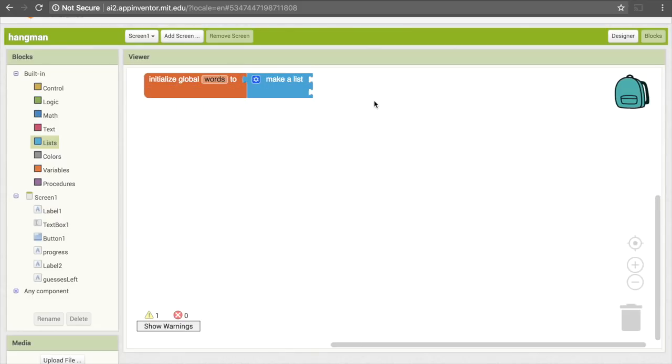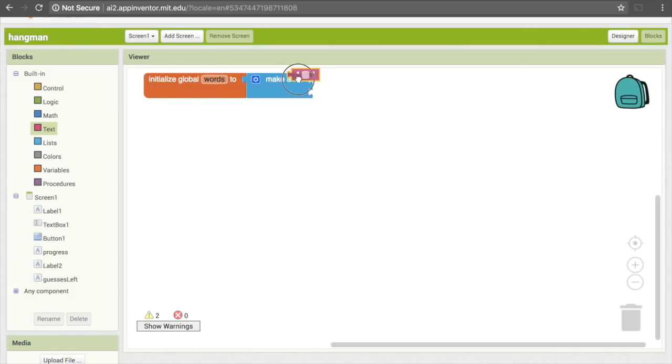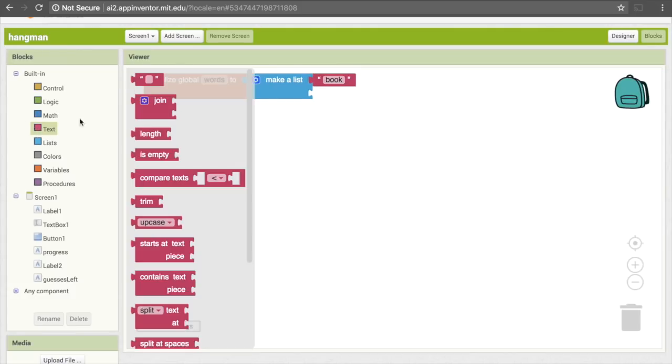Now all you need to do is add in whatever words you would like to be included in your Hangman game. To put in those words, you're going to use a text block, so I'll go here to text and pick the first one and drag that into one of the slots here. You can make whatever you want to be your words as long as they're entirely lowercase, and that's important and you'll see why later. For the purposes of demonstration, I'm just going to keep it at 3, but I encourage you to make some more words here. So I'll do book and